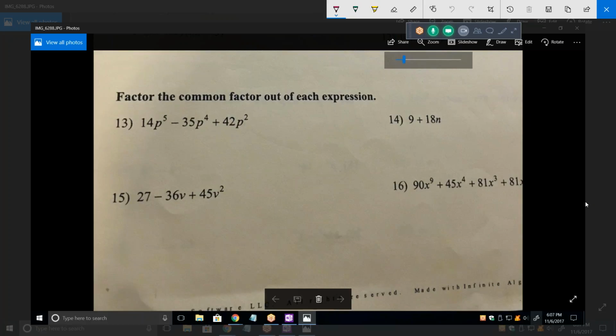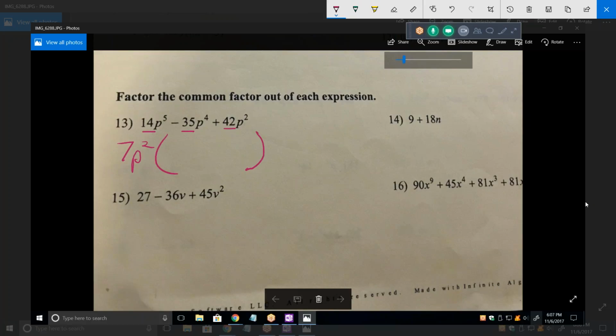There's two parts. There's the greatest common number, and there's the greatest common letter. In other words, there's the numbers and the variables. So let's take the numbers first. Between those three numbers, is there any number that you can factor out? 7p to the second power. In other words, 7 was the biggest number. P squared was the biggest